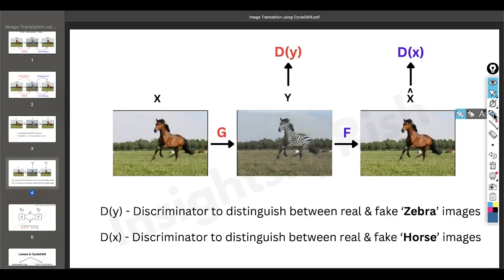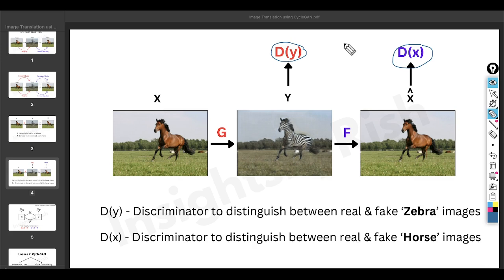So moving ahead, if you just see here, this discriminator Dy is helping us to identify or distinguish between the original images and the fake images, and the discriminator Dx is also doing the same task. So what is the significance of both these discriminators here? Now as you know, the generator G is helping us to perform forward mapping from domain X to domain Y. Now once you perform this mapping, that is once you generate the images of zebra out of the horse training data distribution, then the discriminator Dy will try to distinguish between the original